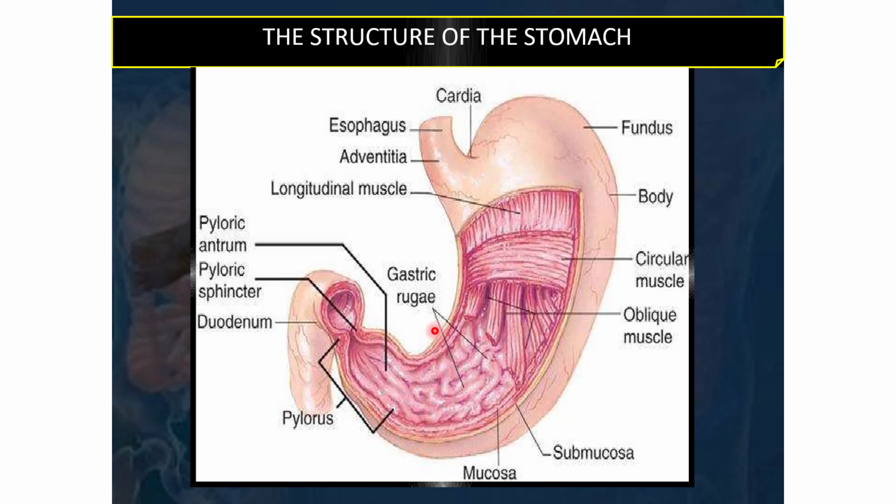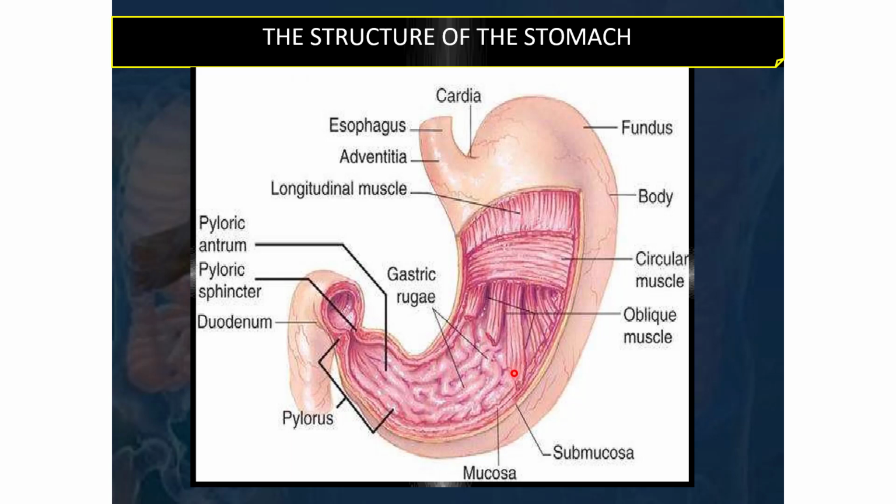But this does not happen, because at both ends of the stomach there are two sphincters: the cardiac sphincter at the proximal end at the gastroesophageal junction, and the pyloric sphincter at the distal end of the stomach at the gastroduodenal junction. Okay, so it is a closed sac which has food inside, and then churning occurs, and whenever the food is ready, after the churning and after sensitization with the acid, the HCl, and the digestive part of the